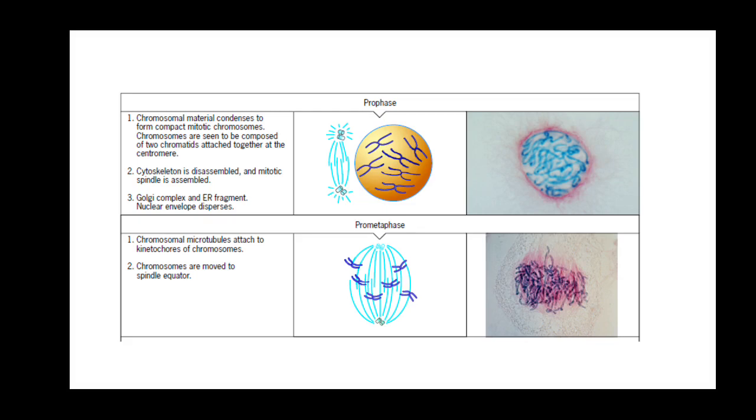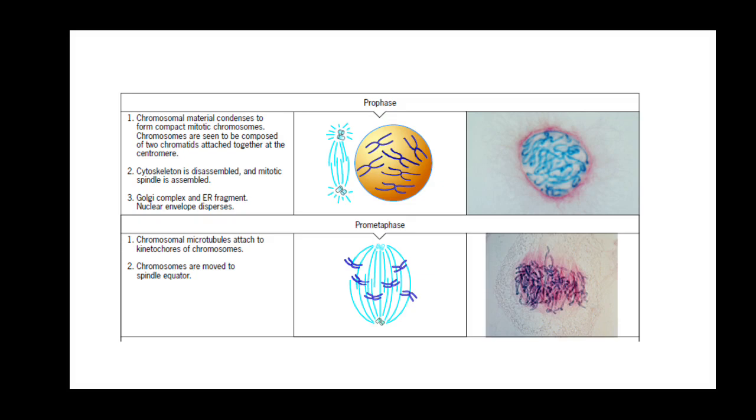So meiosis is restricted to the group of cells which are called germ cells or gamete forming cells, in sexually reproducing organisms. The male as well as the female gamete, the male gamete or the sperm, and the female gamete or the ova or the egg or the oocyte, is produced as a result of this particular division, which is called meiosis.